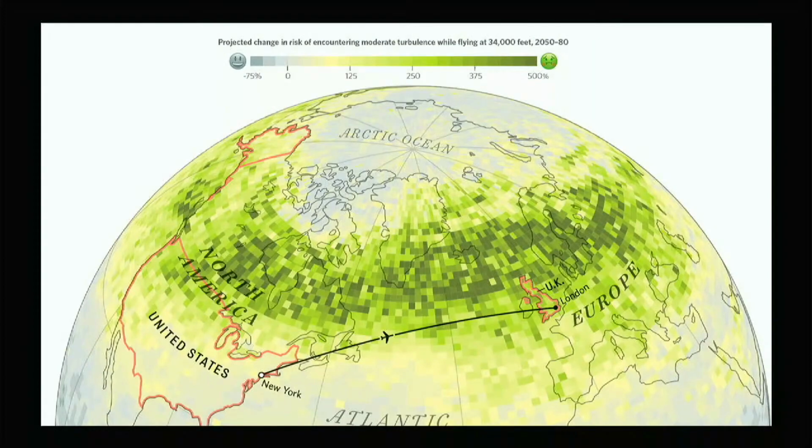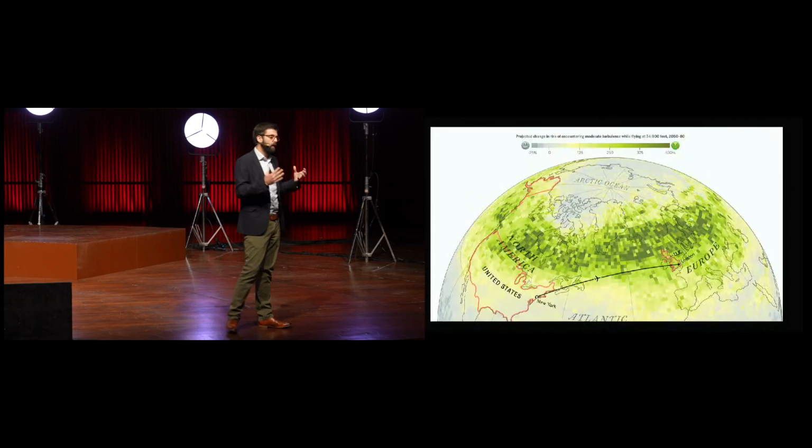And we might think of the invisible as things that are yet to happen, things that will impact us in the future. And so this is a map that shows the predicted increases in turbulence you're likely to experience if you take a flight, in this case, in around 2050. And the vomit-colored green gets more intense in the areas where there's highest increases in turbulence. And so it's pretty bad news if you're taking any flights in the Northern Hemisphere, particularly between the US and